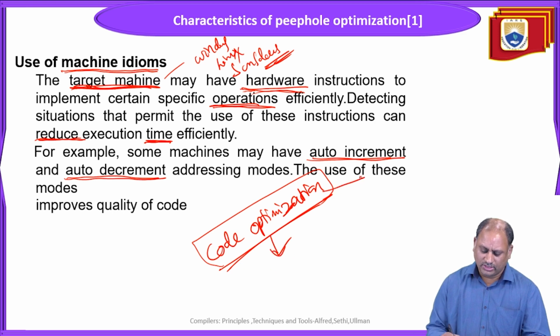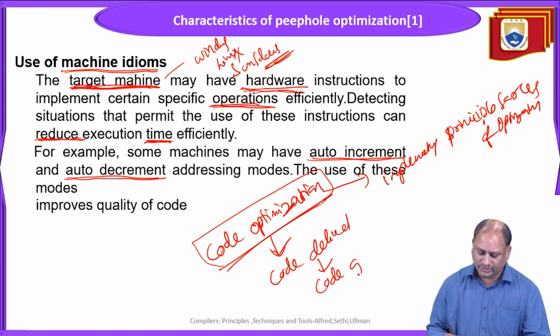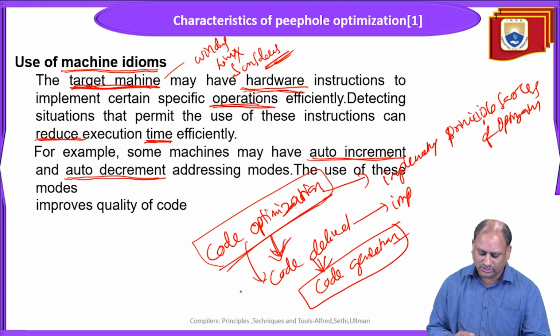So after implementing the principal sources of optimization, that is the techniques, then the code that is delivered is sent to the code generation phase. So this phase, whatever code is delivered, is sent to code generation. So here the code generation, what is the code of the optimized phase, what is the code delivered, that is an